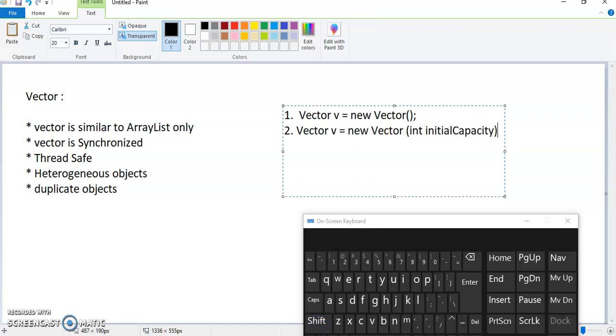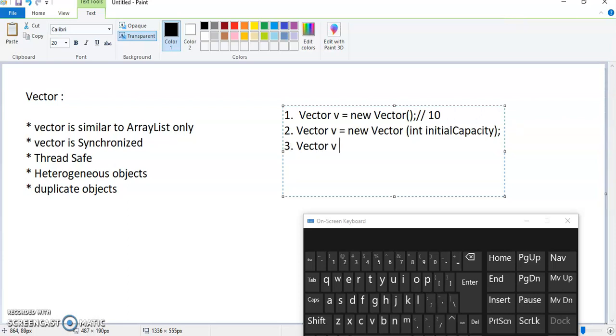Here the default capacity is 10 elements. Suppose you want more elements, then you can go for the second declaration, Vector v equals new Vector with an initial capacity like 20, 30, 40, whatever number of elements you have, you can specify here.